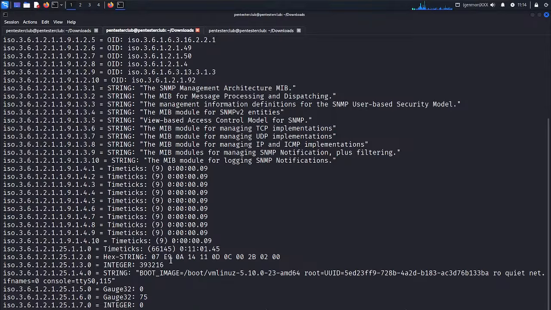Let's look at it, the VM Linux, that Linux version. Then hexadecimal string, timestamp, integer. No more variables left in the MIB view. Okay, the management information definitions for SNMP users based by a security model. Okay, now